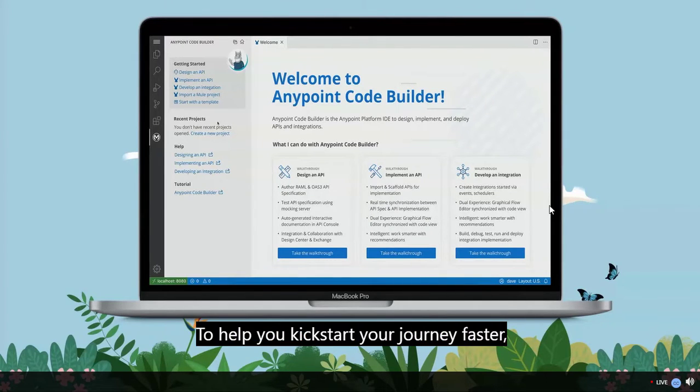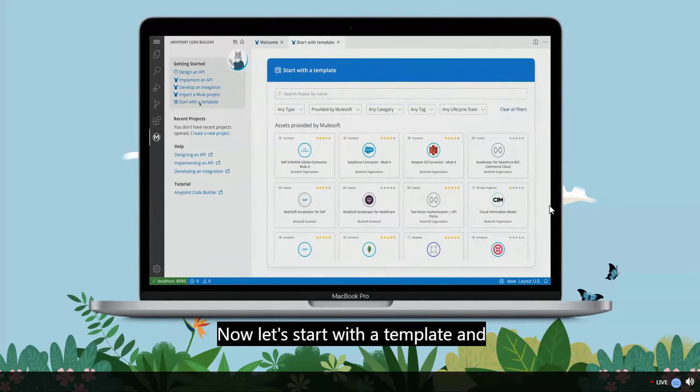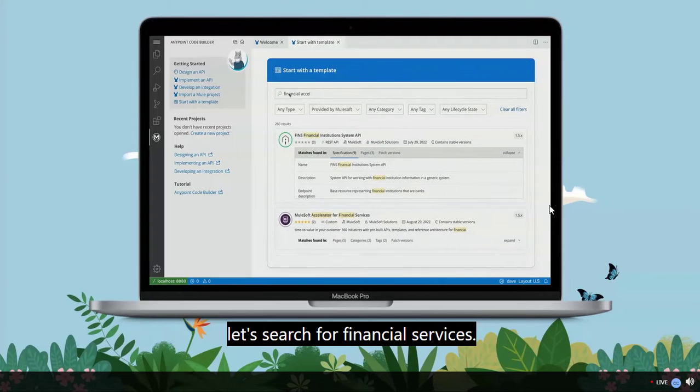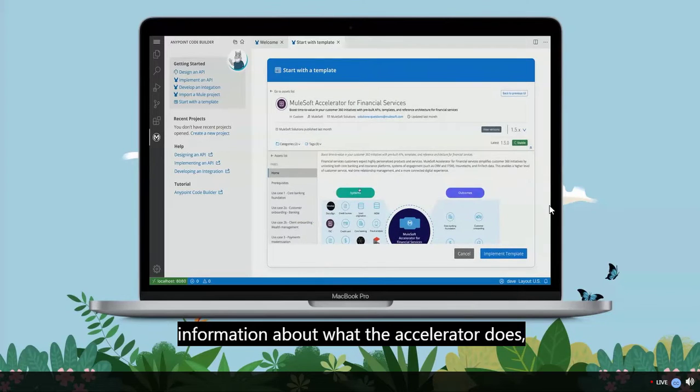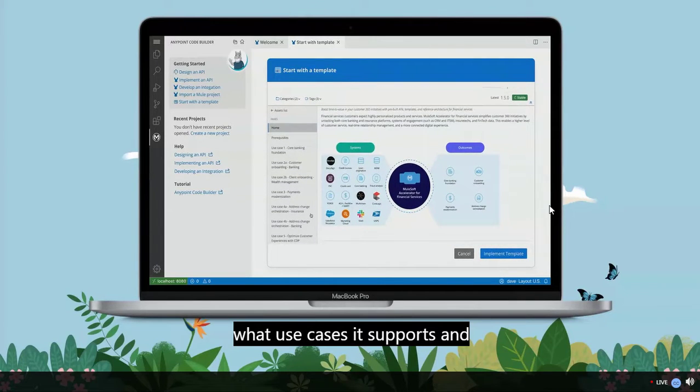To help you kickstart your journey faster, Mulesoft provides 100 plus readily available templates, which includes the accelerator that I will demonstrate. Now, let's start with a template and let's search for Financial Services Accelerator. And it will show all the information about what the accelerator does, what use cases it supports,